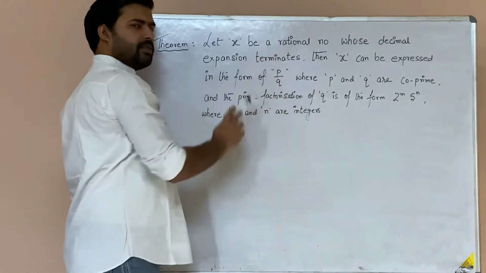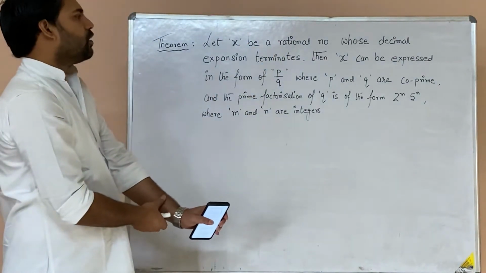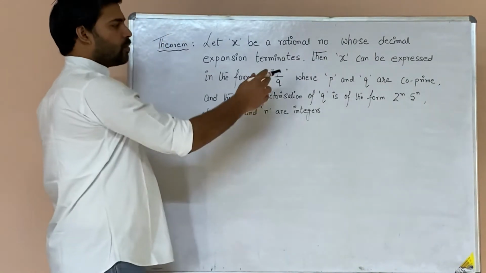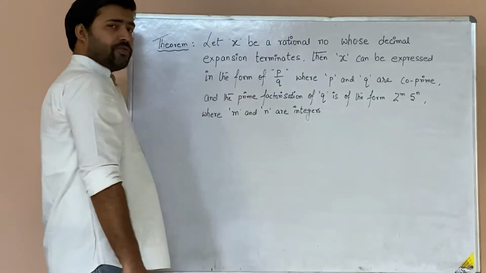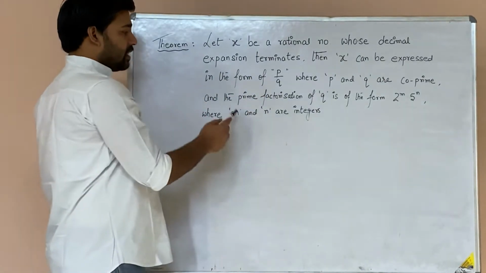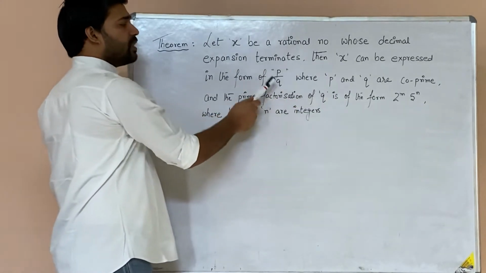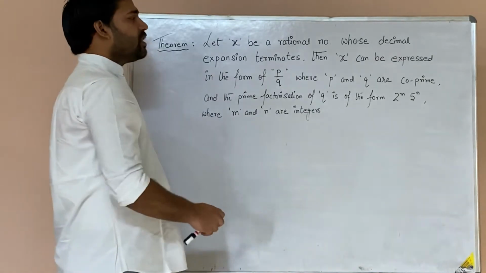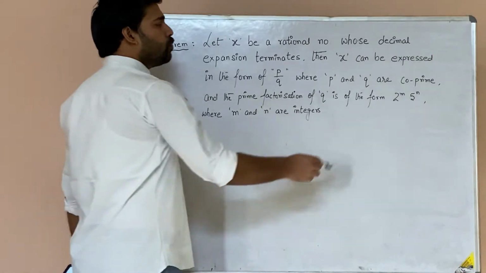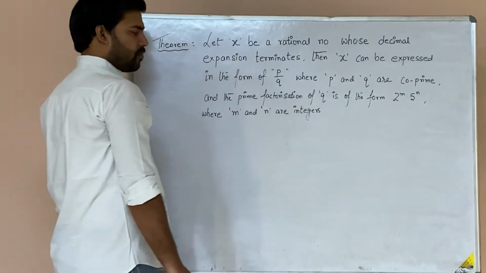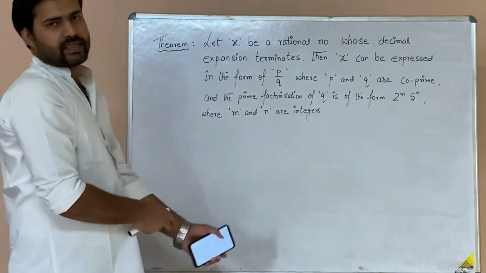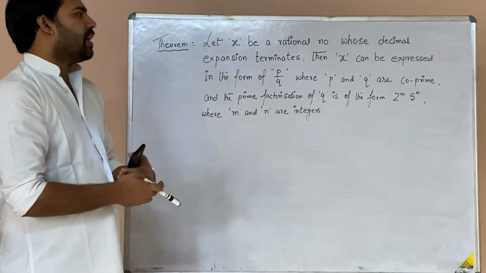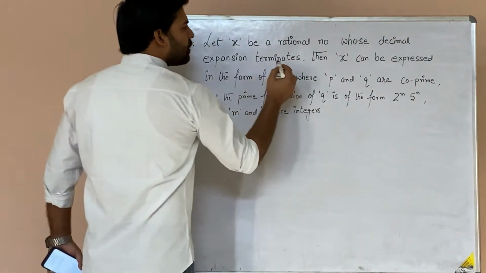Obviously, since this is a rational number, it can be expressed in the form of p upon q, where p and q are co-prime. We have seen it in the previous lecture. And the prime factorization of q. Now the point that you need to understand right now is this line, the prime factorization of q. Q means the denominator. If you find out the prime factorization of q, you will see that they are of the form 2 to the power m, 5 to the power n, where m and n are integers. That means, if you need to have a terminating decimal expansion,